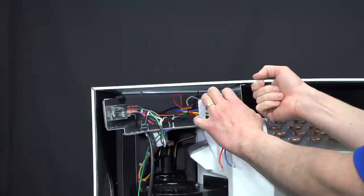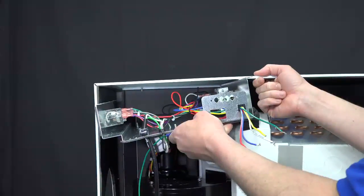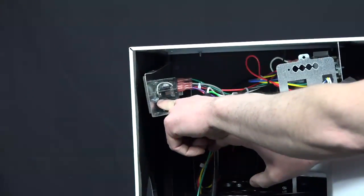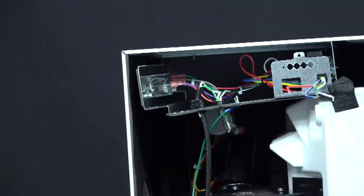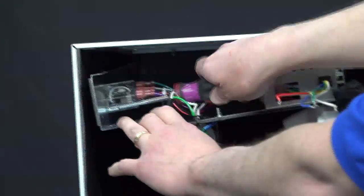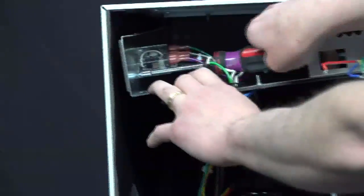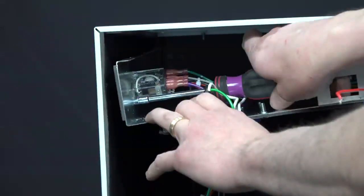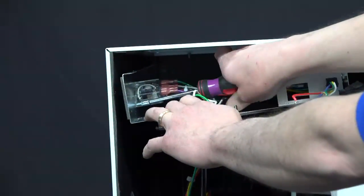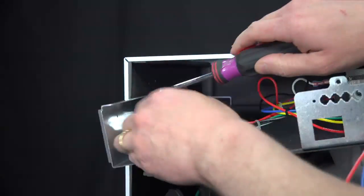Slightly push up on the top of the cabinet. Slide the control shelf out toward you slightly. The fan relay is located right here on the side and is held in place by 2 1/4-inch hex screws. So using a 1/4-inch nut driver, go ahead and remove the 2 screws. To remove the back screw on the relay,